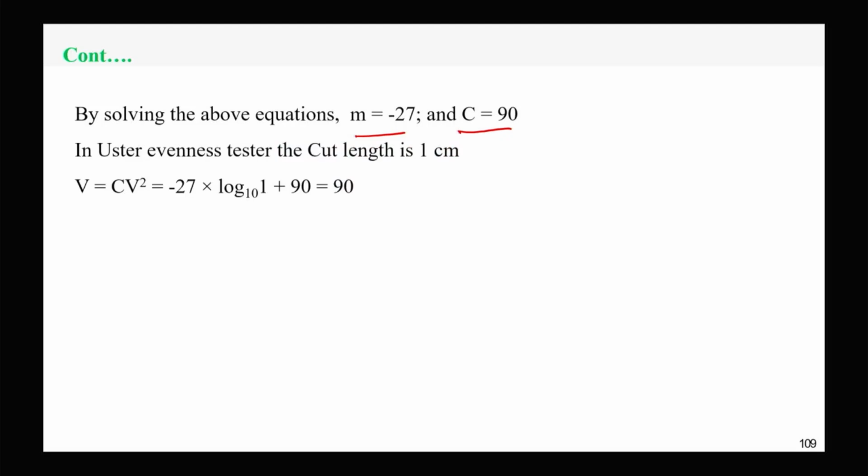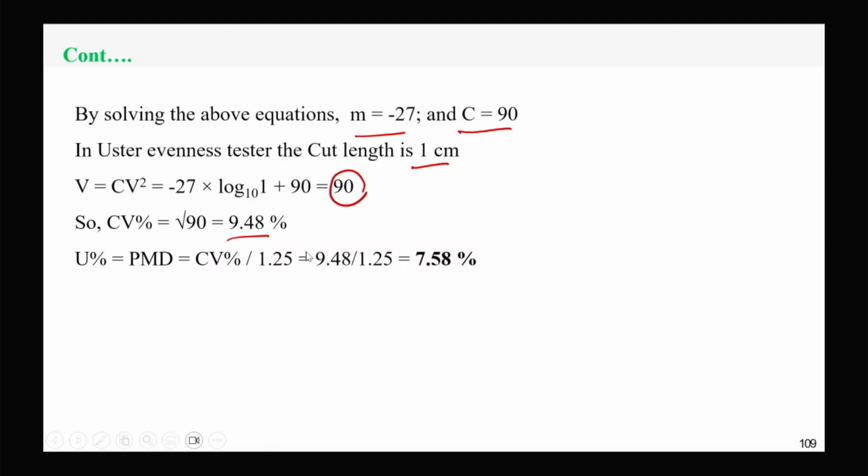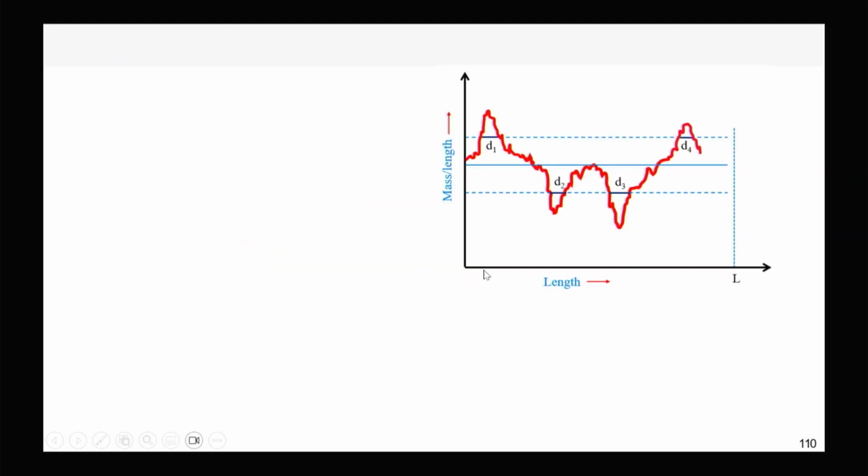So in the Worcester evenness tester, the cut length is 1 centimeter. So variance is 90. So CB% we can calculate, it's 9.48, that's under root 90, and from there, percent mean deviation, we can calculate U%. CB divided by 1.25, it will be 7.58. Okay. Now next